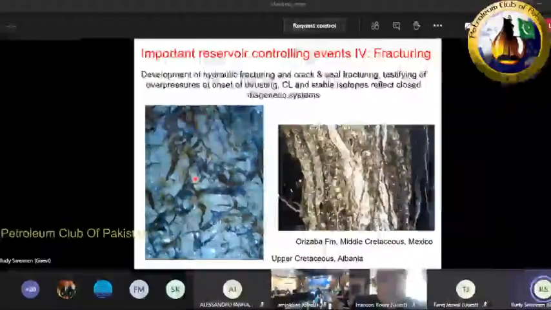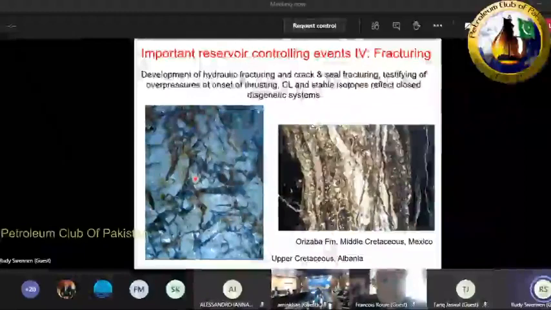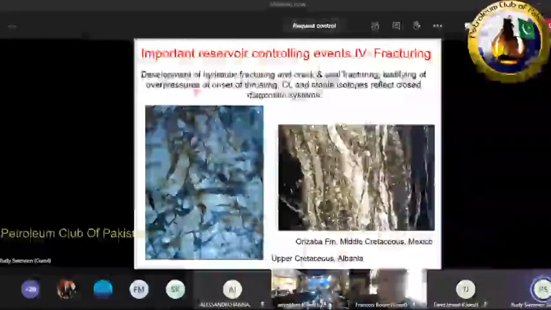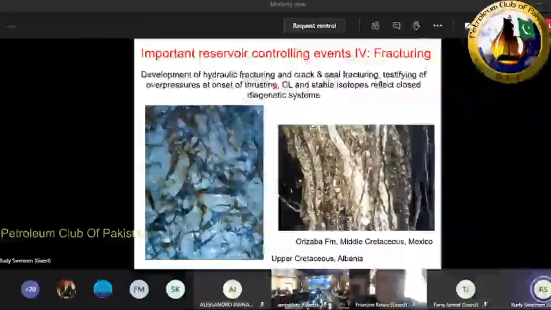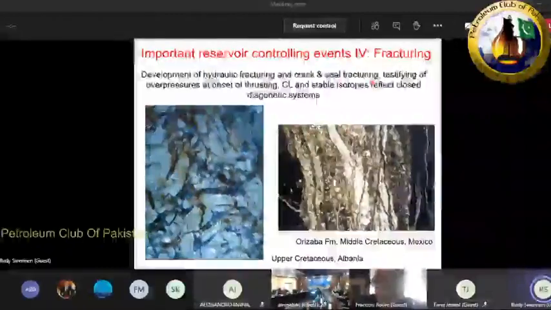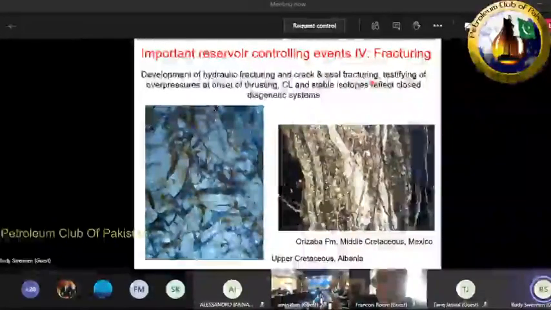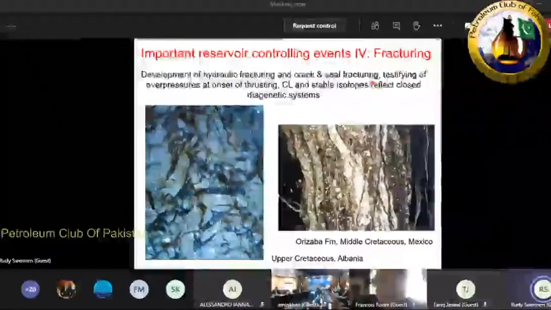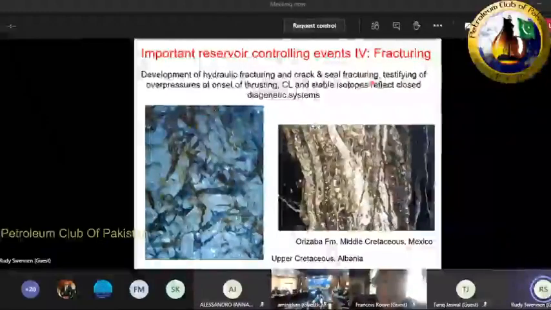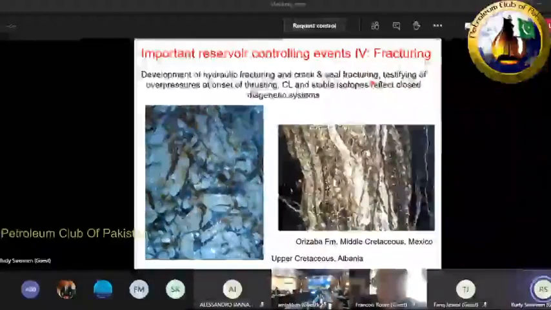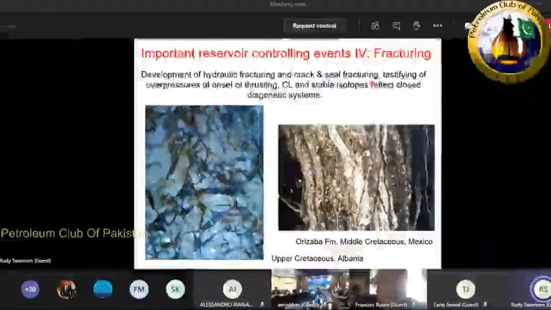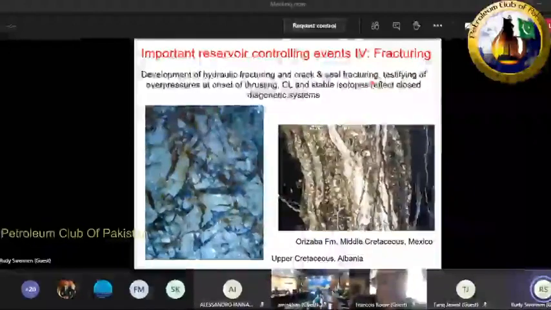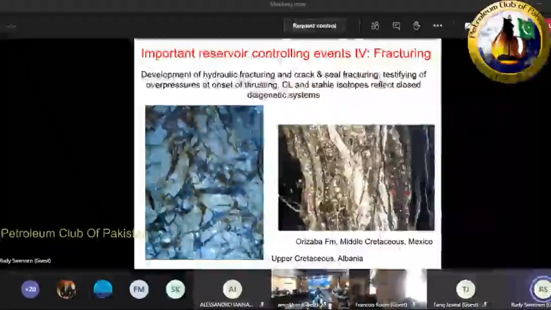Fractures are very important, but especially fractures that testify of overpressure are intriguing, like the hydraulic fracturing, as you can see here, or the crack and seal fracturing. The crack and seal means the pressure is building up, and at a certain moment you fracture your rock. By fracturing, you have the release of the overpressured fluid, which is going to seal the fracture, but at that moment you build up the pressure again and it's increasing. Again, fracturing happens, sealing happens by cementation, and so you can see different episodes of this